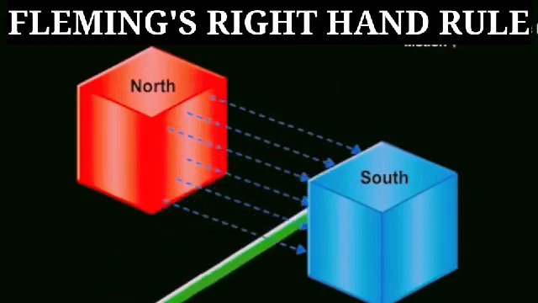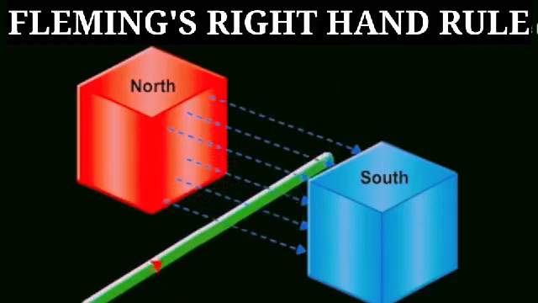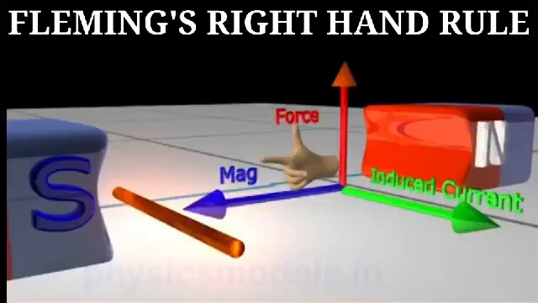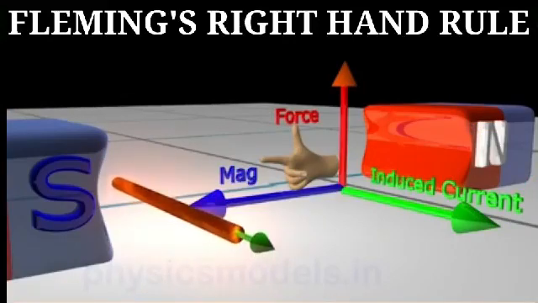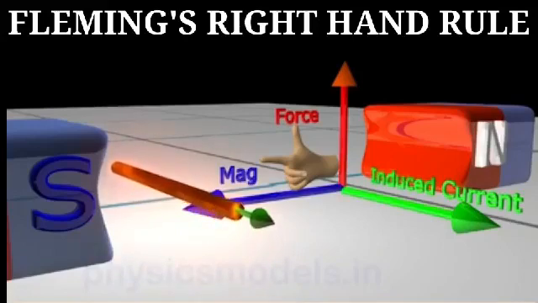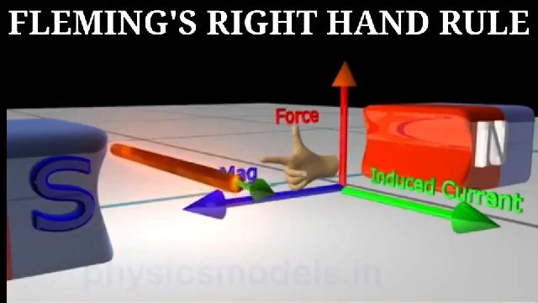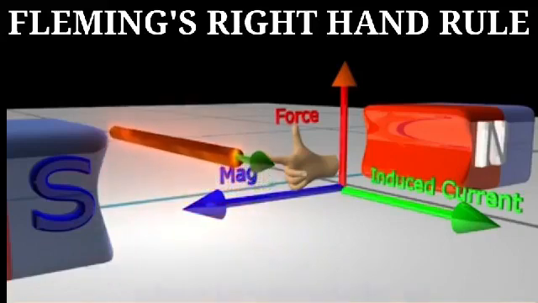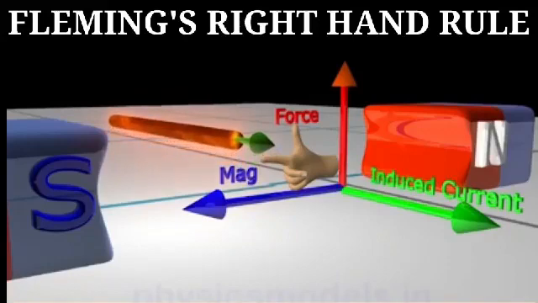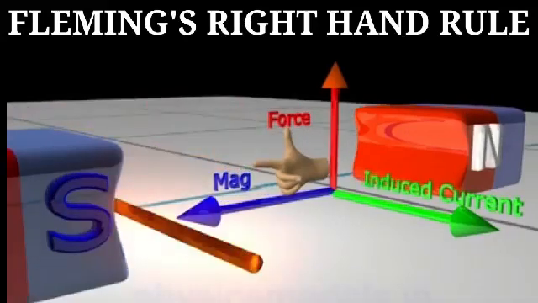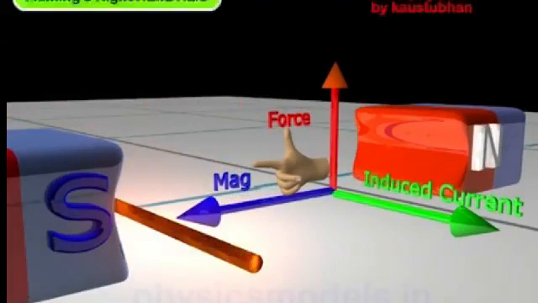Next topic, Fleming's right-hand rule. When a conductor moves in a magnetic field, the direction of motion of the conductor, the field and the induced current are given by Fleming's right-hand rule, as follows. The thumb, index finger and middle finger of the right hand are stretched out in mutually perpendicular directions. If the index finger points in the direction of the magnetic field and the thumb indicates the direction of motion of the conductor, the middle finger will indicate the direction of the induced current. The Fleming's right-hand rule is also known as